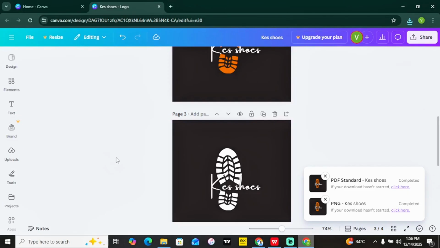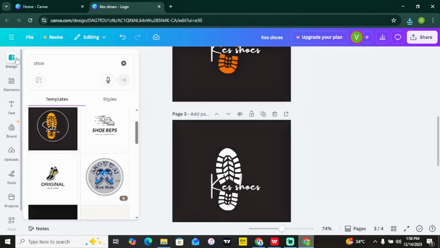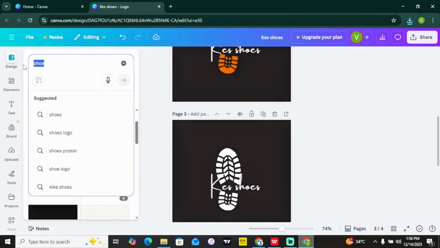Just to recap, all you have to do is click on logo. That is, you search for creating logos. Once you've clicked on logos, Canva is going to bring up the white blank template. All you simply have to do next is come here to design. Once you come here to design, you want to search for a keyword based on the logo you're thinking of